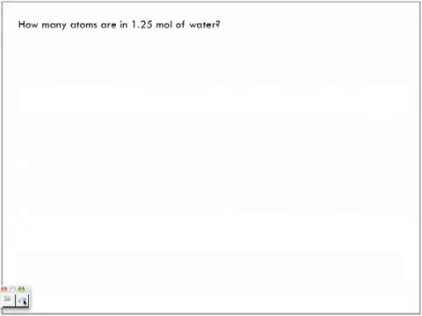Okay, next one. How many atoms are in 1.25 mole of water? How many atoms are in 1.25 mole of water? So, we know we have 1.25 mole water. Okay, so we're going to multiply it by,